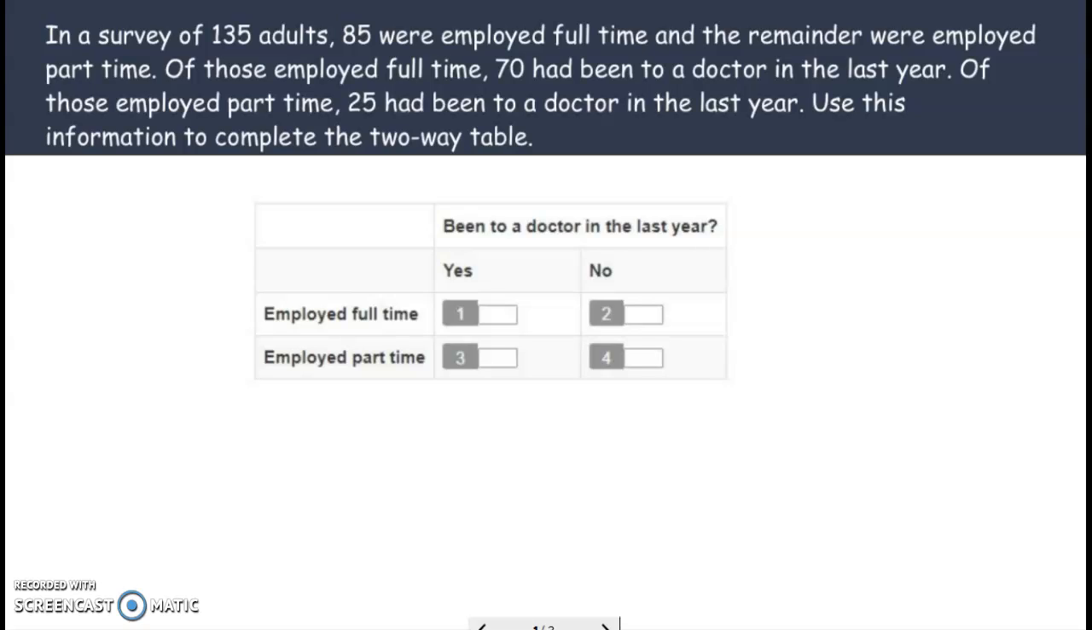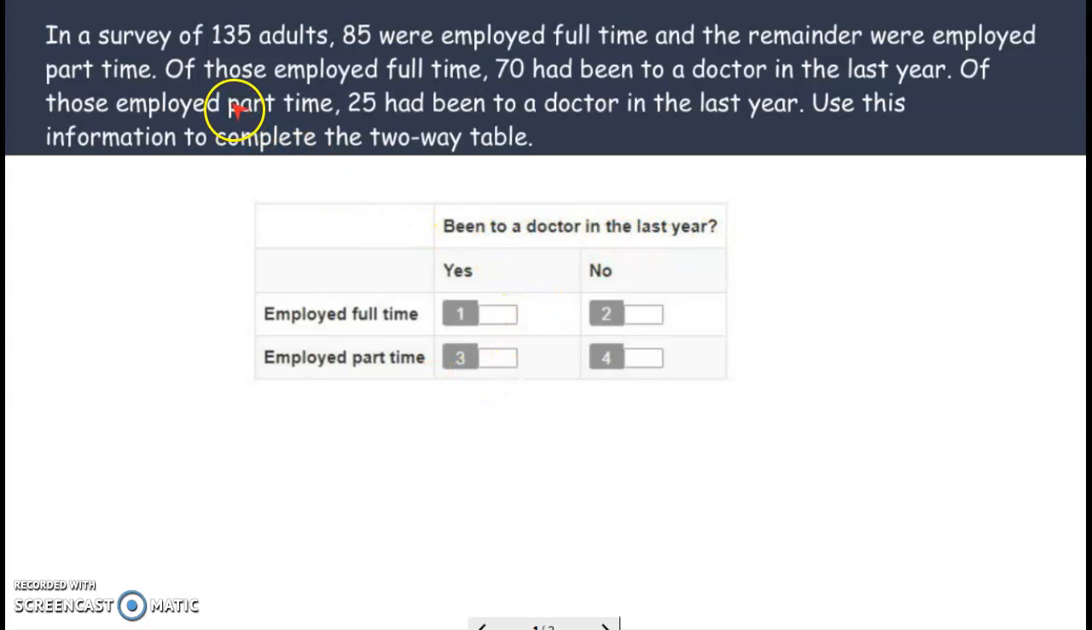Alright, in this video we're going to be talking about two-way tables. Two-way tables has two things you're comparing against two different classifications. So here we're comparing full-time versus part-time employees and whether or not they've been to a doctor in the last